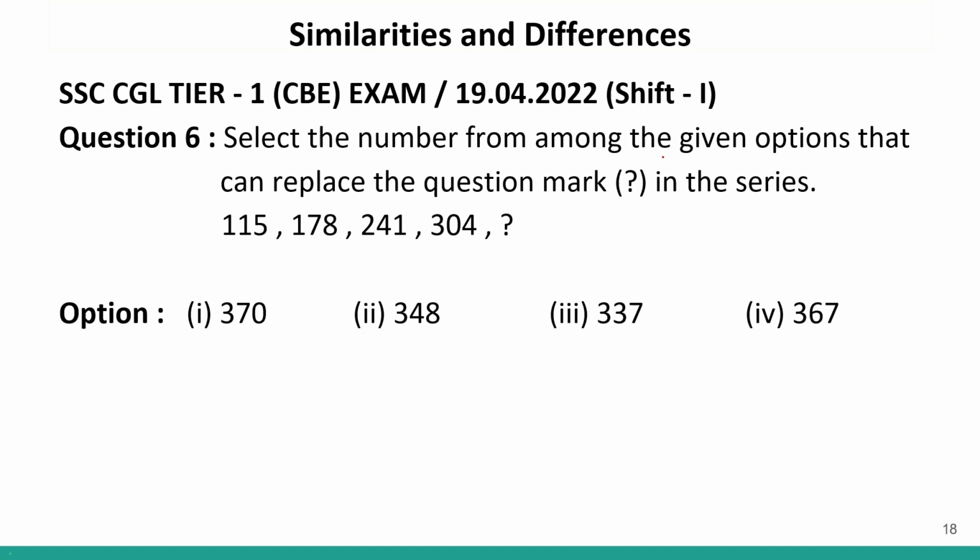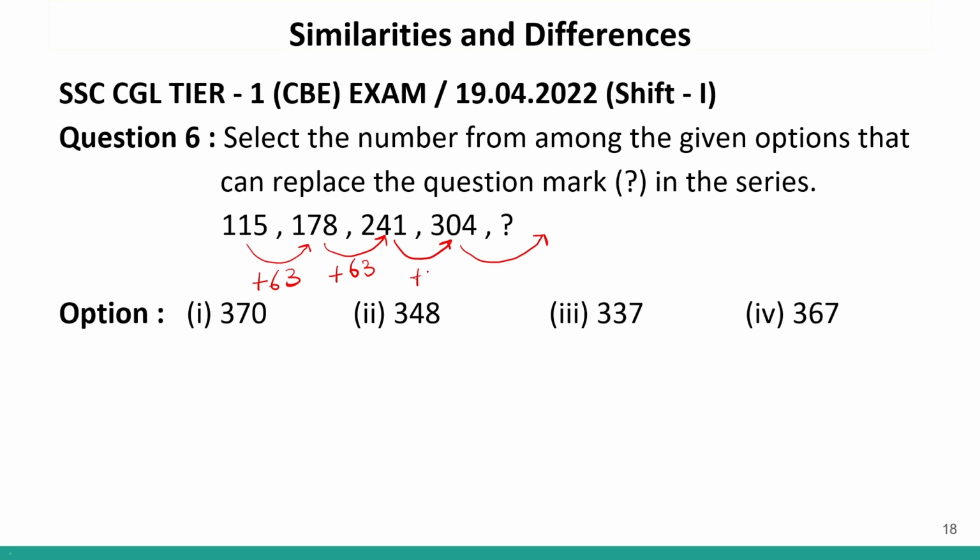Now, we have to find among the given options which can replace the question mark in this series. So if I look at this series, I can see that here I have added some number. Here also there's addition of some number. Similarly, we have to add that number over here as well. So here there's an addition of 63. If I add 63 in 115, I'll get 178. Similarly, if I add 63 in 178, I'll get